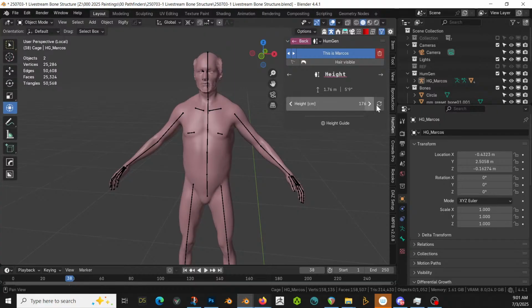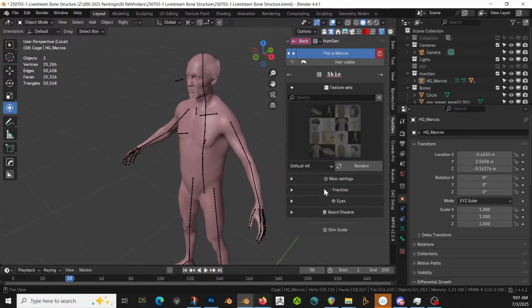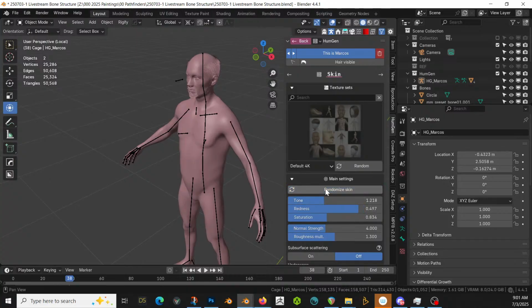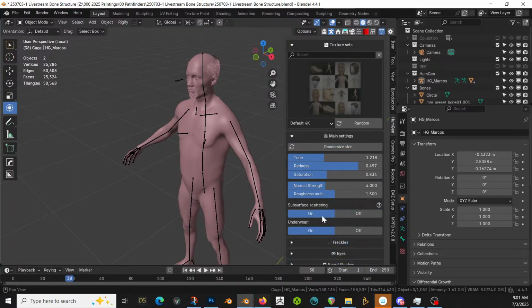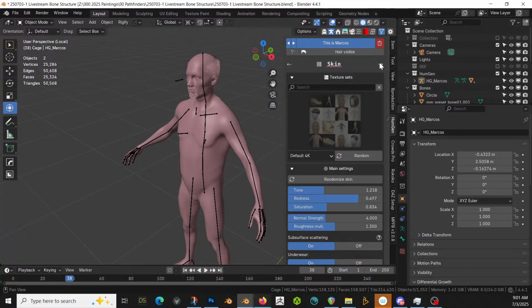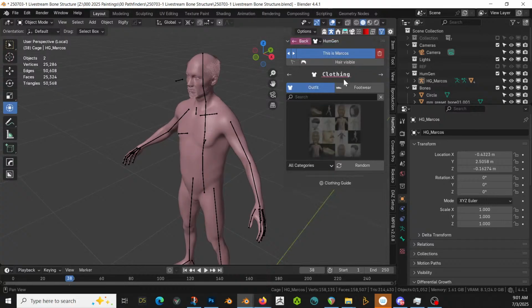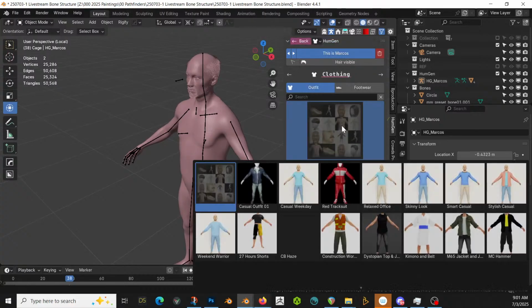I keep typing number. I love the way this thing just does not work. You can type whatever you want. It doesn't matter. Cool. 185 works. 177, fine. Height. Skin. Mean settings, randomize. Turn on subsurface. You don't need freckles or any of that. That's fine. Hair, we're going to go with accurate since we're in cycles anyway. Clothing. Yeah, exactly. If I needed to make a stylized character for a particular thing, sure, but